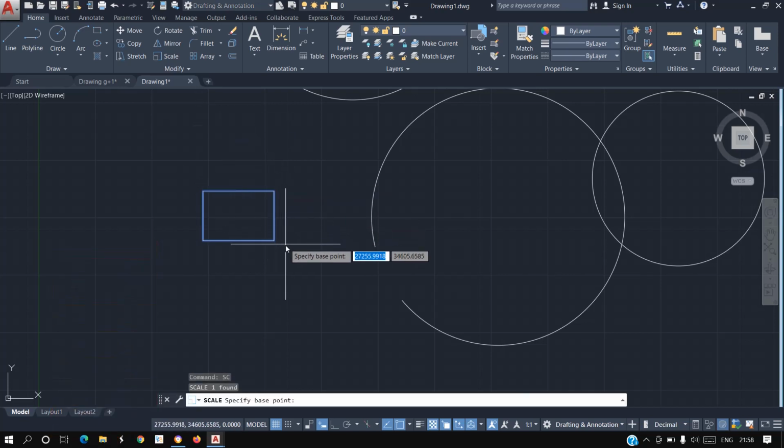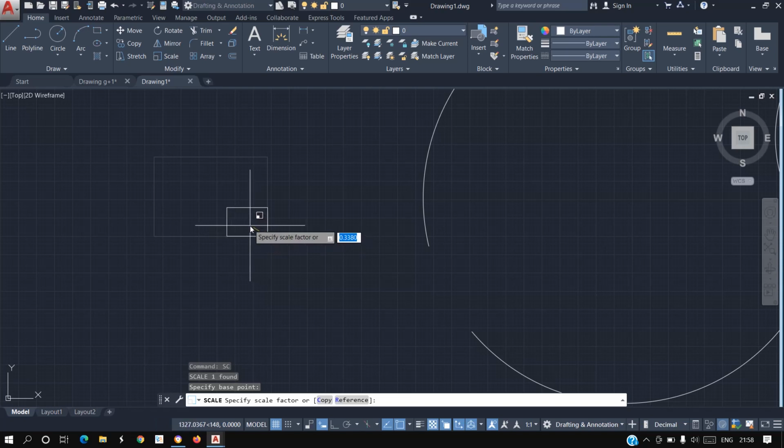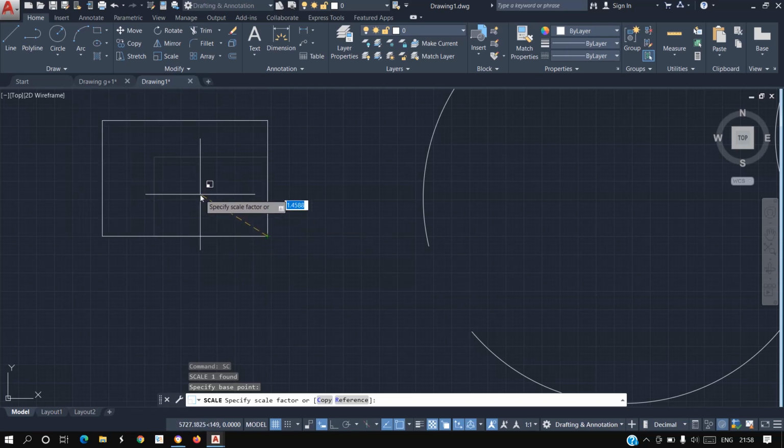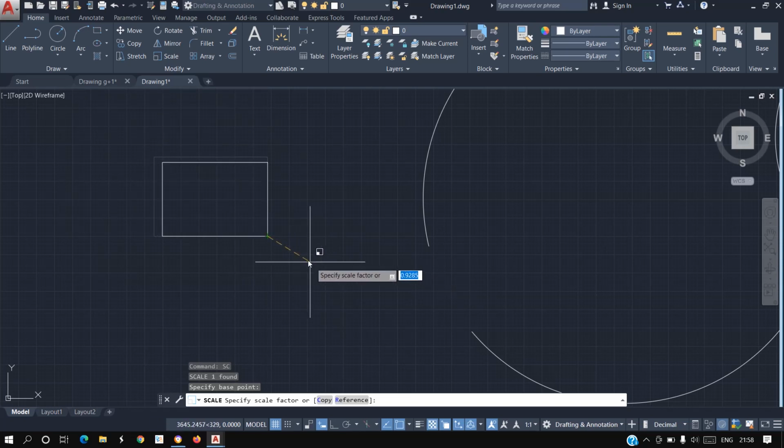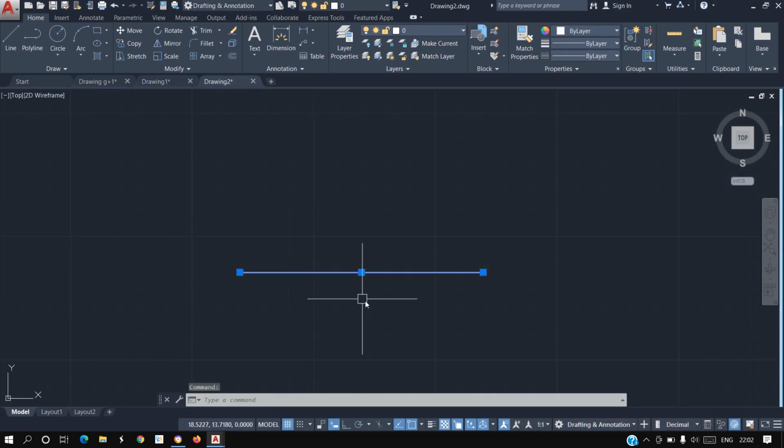After that, I will specify a point. Let's say I'll specify this corner. When I click it, with the help of the cursor or mouse, I can decrease or increase the scale of the rectangle.